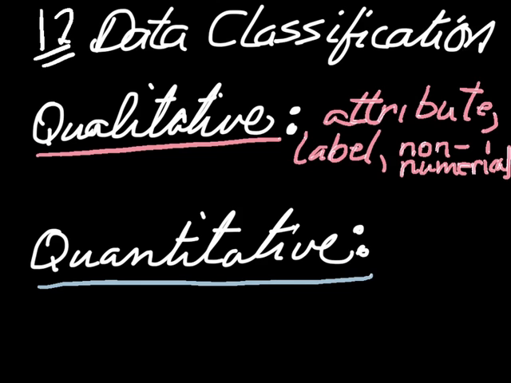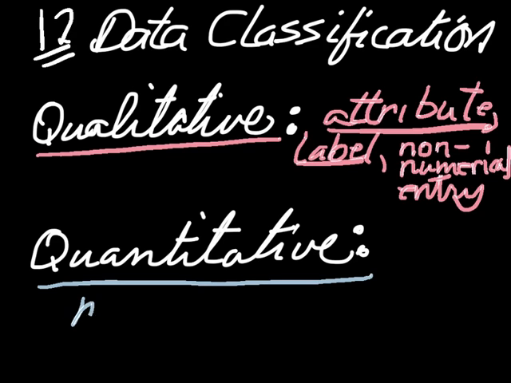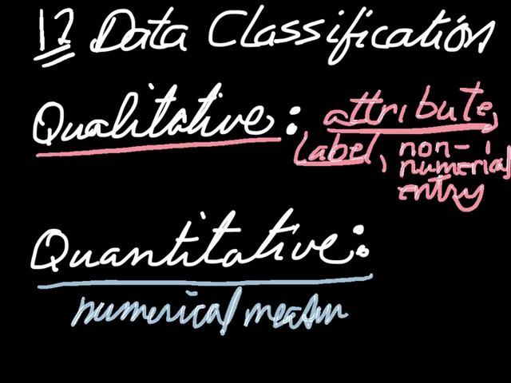And I'll let you think about that for a little bit. But I always like to think attributes or labels are qualitative. So what's a quantitative data? Well, quantitative data is a numerical measurement or count. All right? And so like your height or your weight or your age, those are numerical measurements and